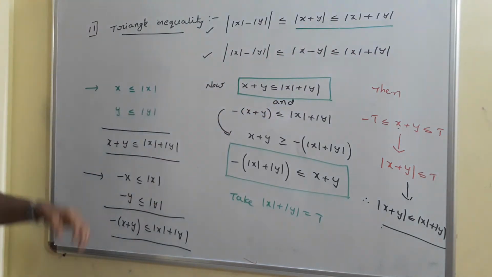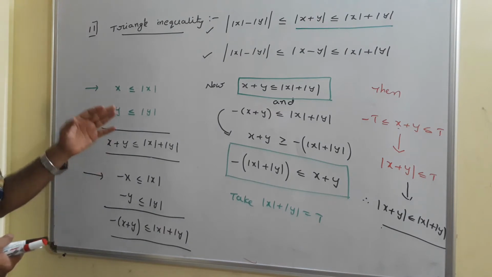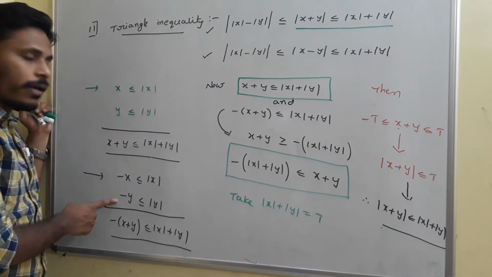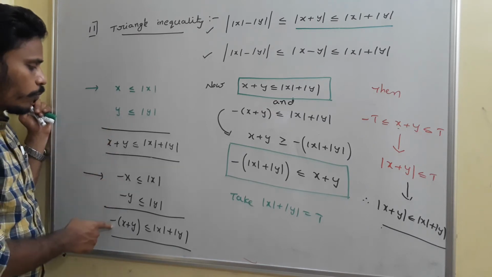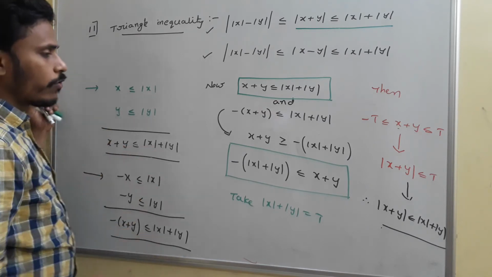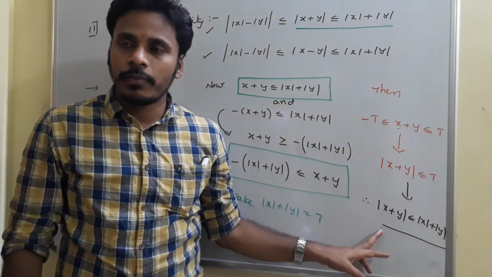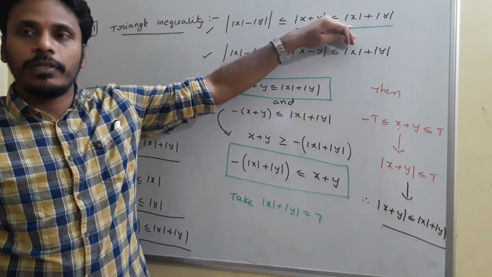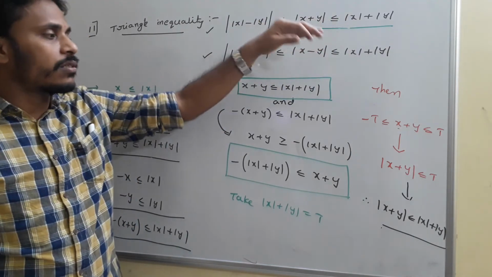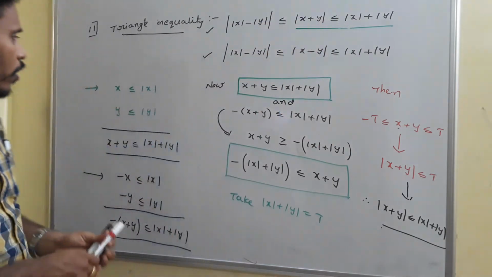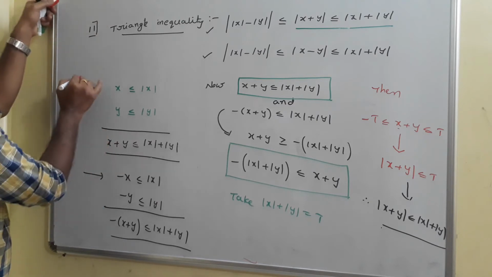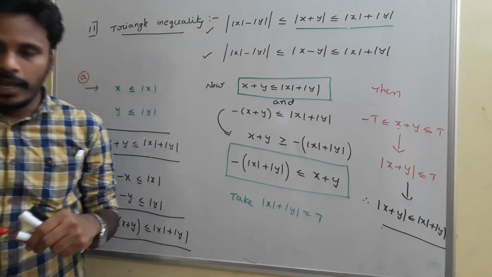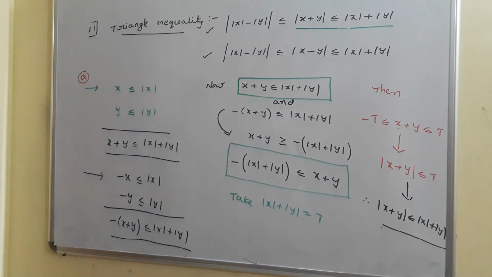To prove this, my idea is that mod x and mod y for sure are greater than x and y as well as minus x and minus y. If you use these two, and at the end a combination of these two, you have that mod x plus y is less than or equal to mod x plus mod y. The first part gets completed. Based on this, again we need to prove the remaining. So you just take everything as 11a, and then I will discuss 11b, after that 11c, like that I will move. Just have a look.